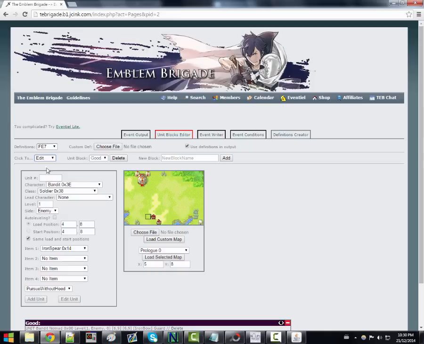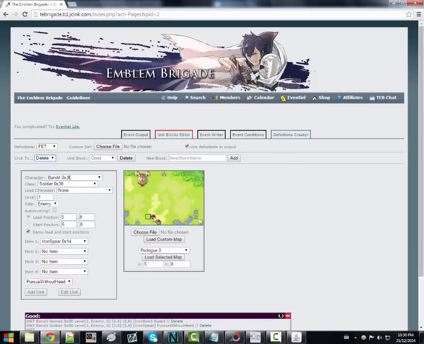But maybe we can edit, and then we can make bad guys, add, and then edit this... No, I don't think we can do that. Yeah, basically, I'm just going to delete this and we're going to do this again. So if I wanted to add a new block in Eventiel, I'd make a new block name like I did. I'd go to add, hit this drop down and go to bad guys, and then hit add, and so I can have a soldier here. So 2 soldiers are going to come out with pursue without heed, and so if we go to event output now,